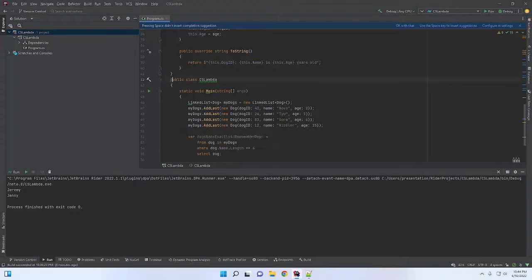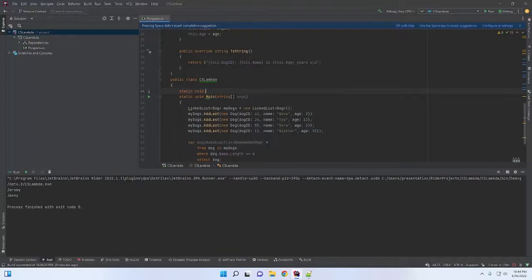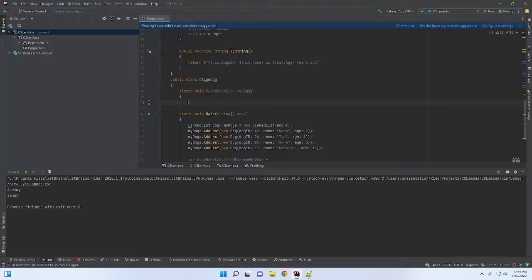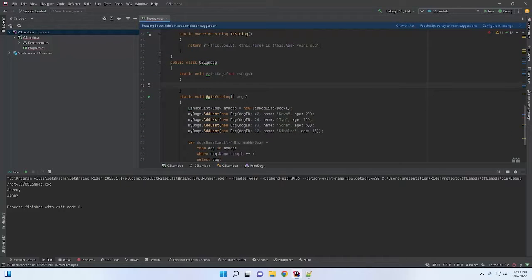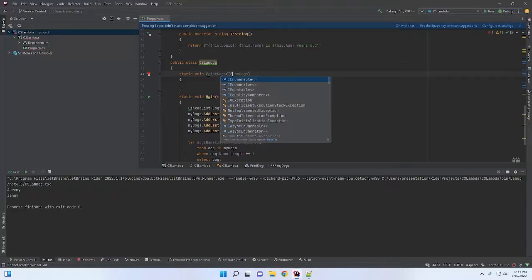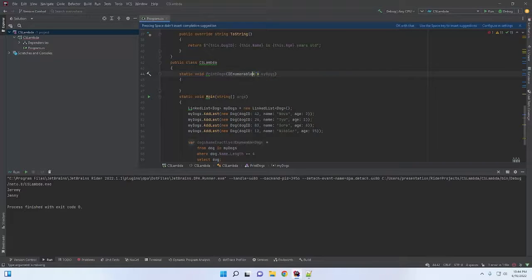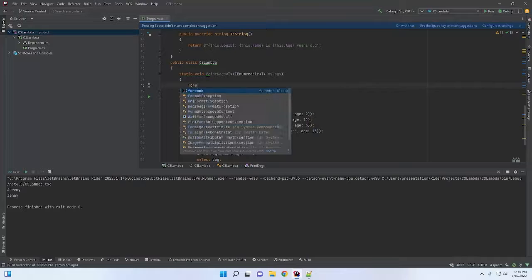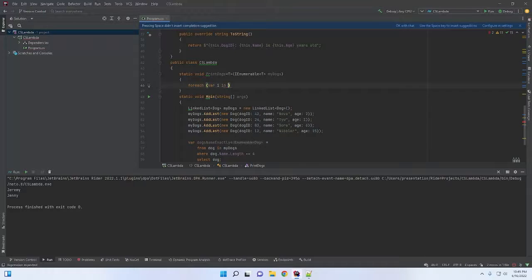So now if we run this, let me go ahead and create a static void PrintDogs. And this is going to take in var myDogs. Let's see, I may not be able to use var there, can I? No, I can't, but I can put in IEnumerable of T. There. I can just make it a generic method. So now I can go ahead and say foreach var i in myDogs,